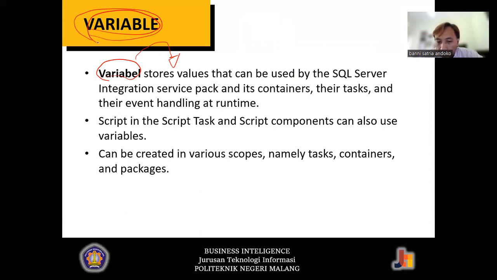The variable itself is quite important in this method. We will try to develop several activities that use the variable inside SQL Server Integration Service later on.